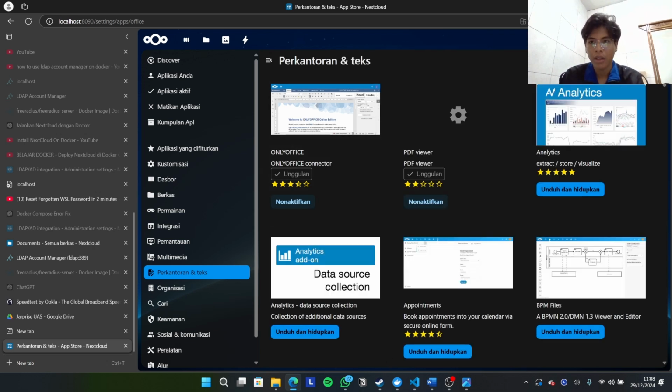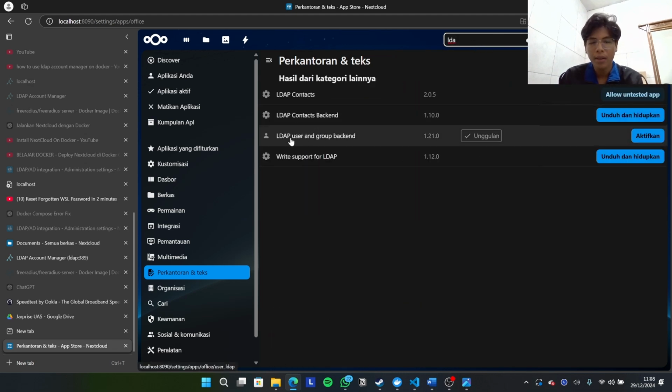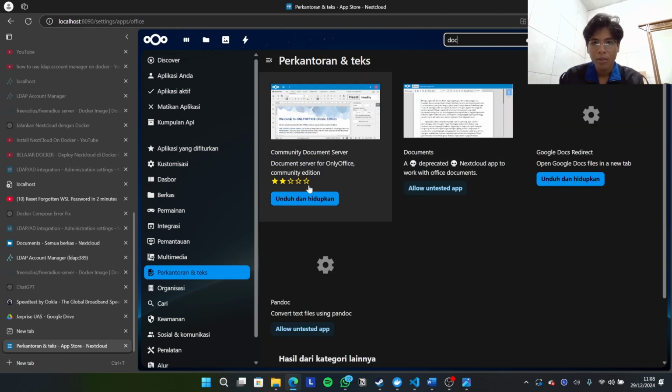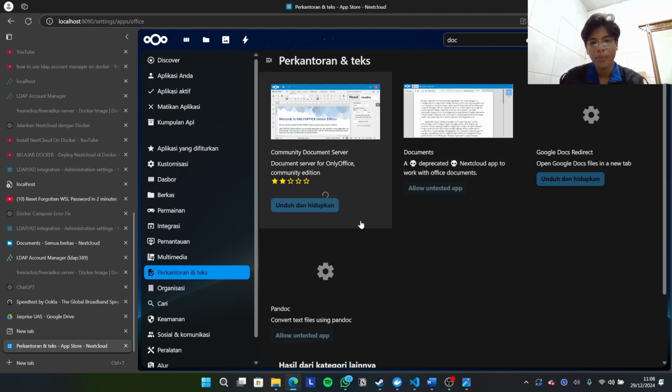And we need to activate the LDAP user and group backend. Then the next one, we need to install Document Community Server. Install and activate. It may take a little bit longer because the file size is quite big. You can just wait.